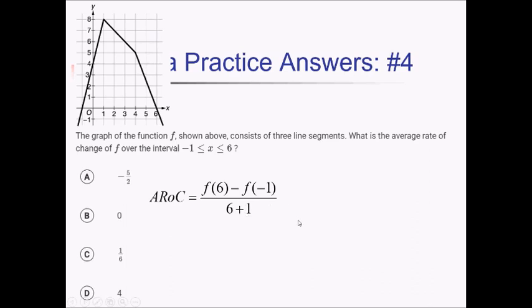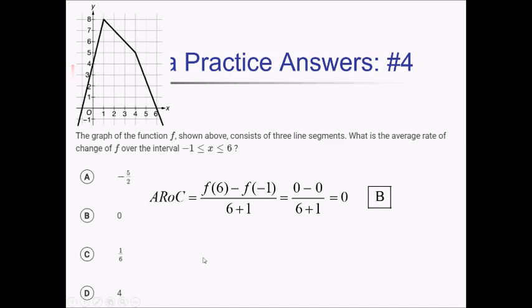On top, f of 6 right here is just 0. f of -1 is also 0, so we've got 0 minus 0 is just 0 over 6 plus 1. So that all comes out to 0, just like we could see visually, and that's going to give us choice